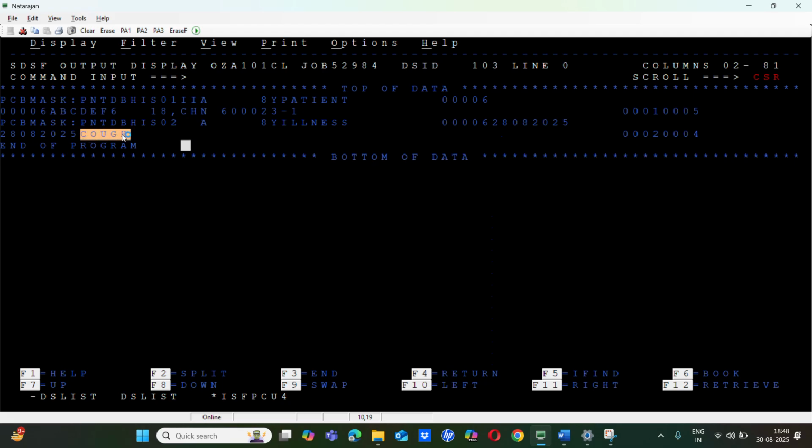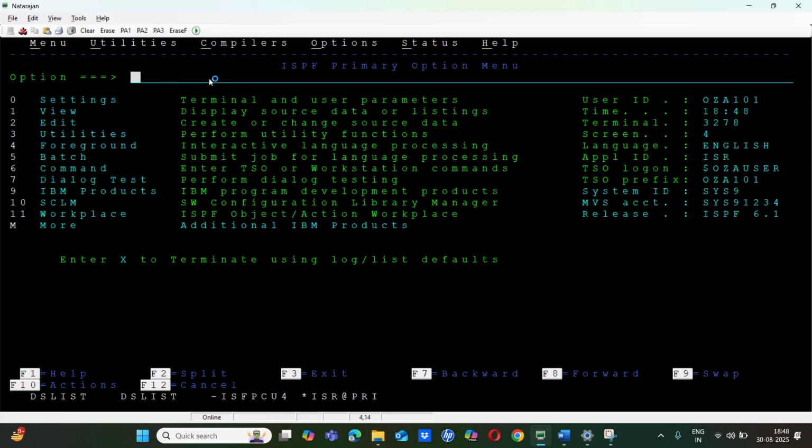You are getting spaces, right? Since we haven't given any SSA there, what happened? It would have inserted in the very first segment, the first root segment of patient. So that's the problem. If you are not giving the hierarchy properly, then it will behave in a different way. So always give the hierarchy properly. Okay, so if I check it now, let us check our